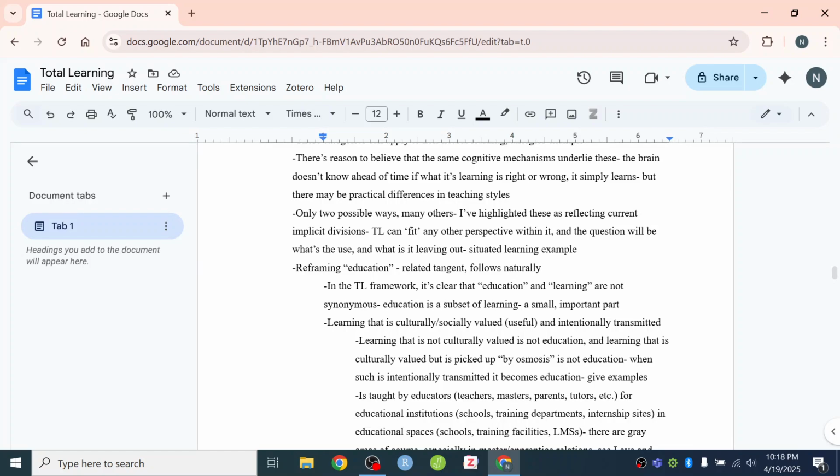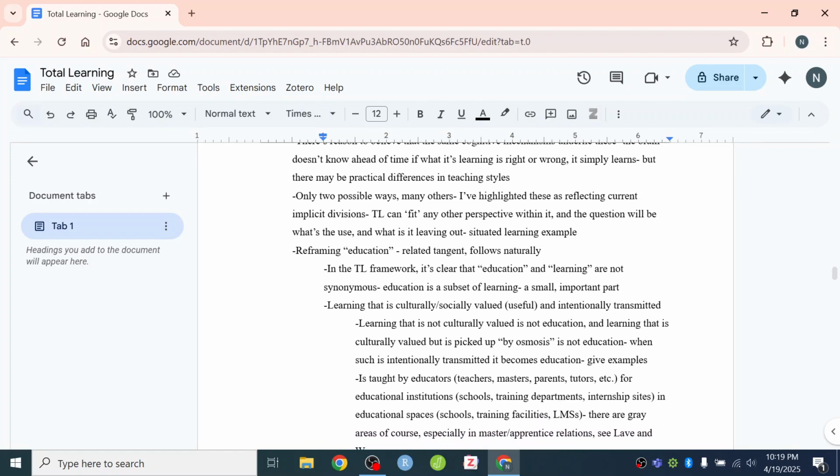Something like giving a firm handshake is considered to be socially valued in the West, where I live. But it's something you're expected to learn on your own. You wouldn't necessarily learn it in school. It's not education. It wouldn't be thought of as education. You're supposed to just learn it as you go. However, if you take an etiquette class, you may in fact learn how to give someone a firm handshake very specifically, in a very precise way. And now it's a class. It's education. It's intentionally transmitted and socially valued. That's what gets something tagged as education.